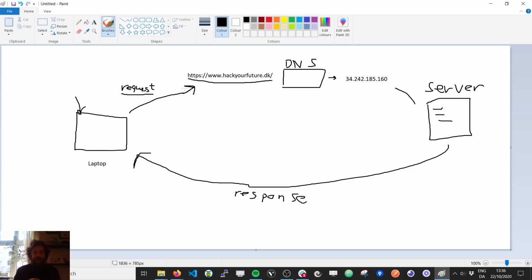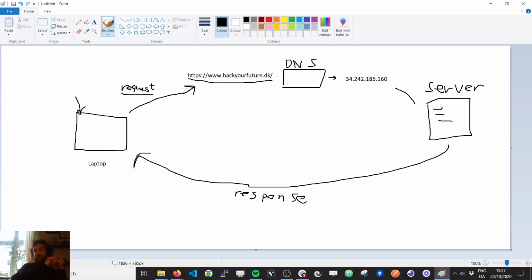Of course I will. Then it'll go through all these records and check, oh, hackyourfuture.dk, that was stored at IP address 34.242.185.160, and the DNS will tell you that this is the IP you're looking for,